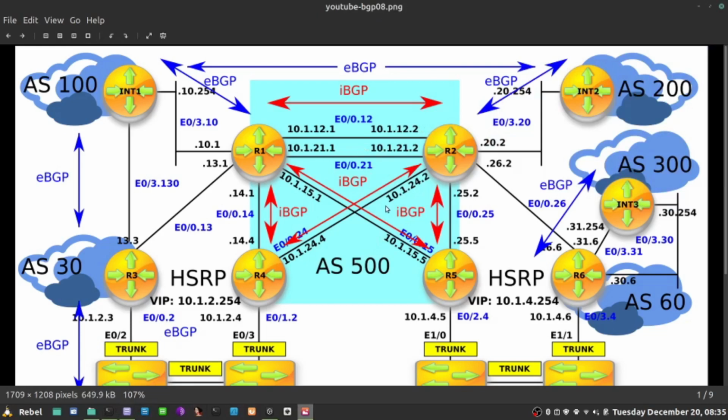Now, before I actually try to manipulate that, maybe that's going to be next video, I want to see one more thing, because now this actually can get really complex. So for example, let's just jump to R4, because R4 is receiving those prefixes from both R1 and R2. It's a route reflector client, so it is receiving the same prefixes and also has two paths. Now, what is going to be the